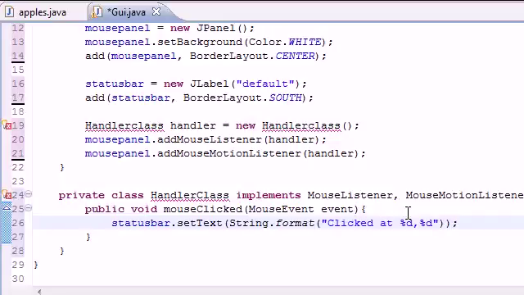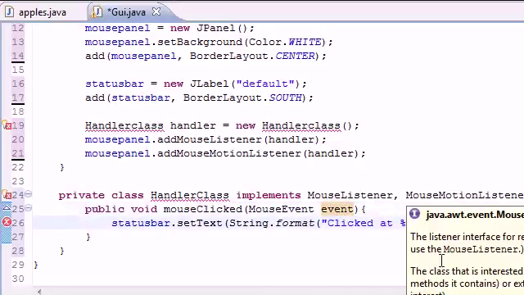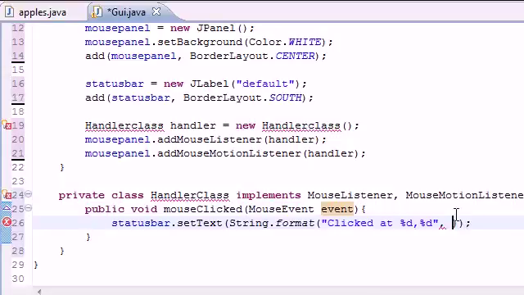So it's going to say clicked at 2 coordinates, and Java also has 2 coordinates based on this event right here. Why do you have this event? Because it registers the event. Like when you click, it decides where it clicked. And you can get to the locations by using event.getX,